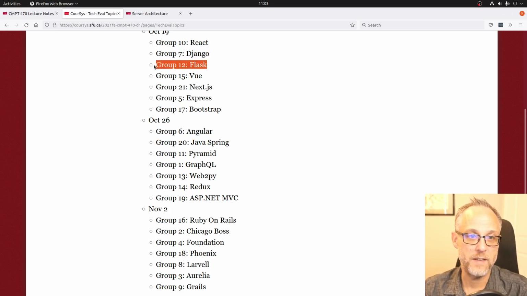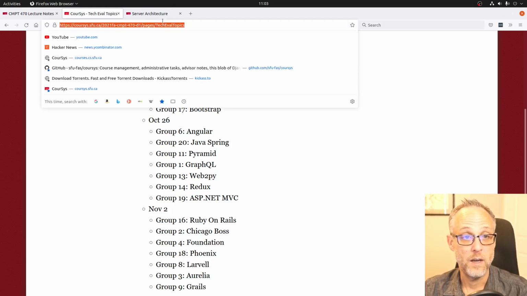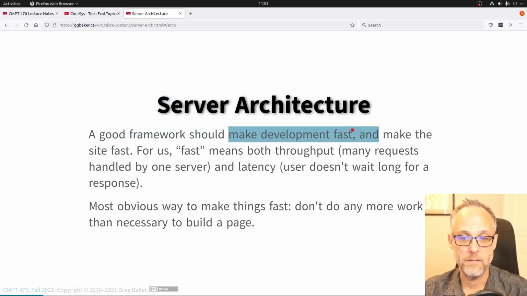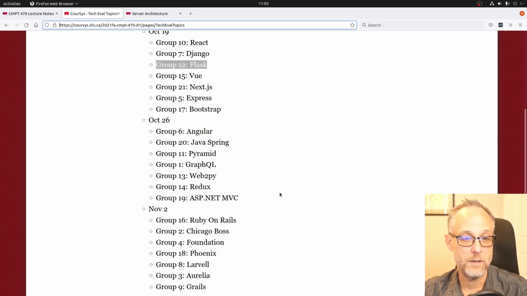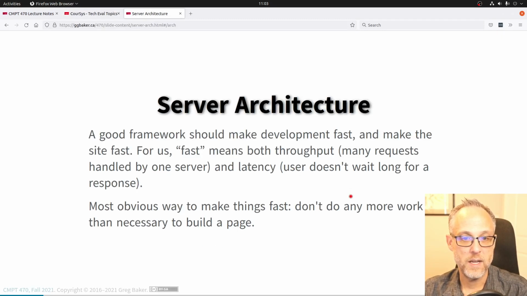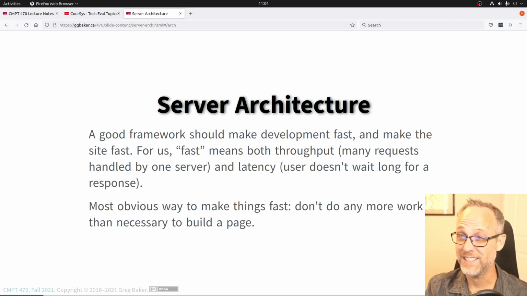Whereas, I don't know, Flask is designed to be quick to start. Maybe it doesn't have as many features as Rails and Django and, I don't know, Laravel and stuff, but it's quick to start. Probably if I had 100 developers working on a project, Flask is not the one. It's going to depend a little bit. But anyway,